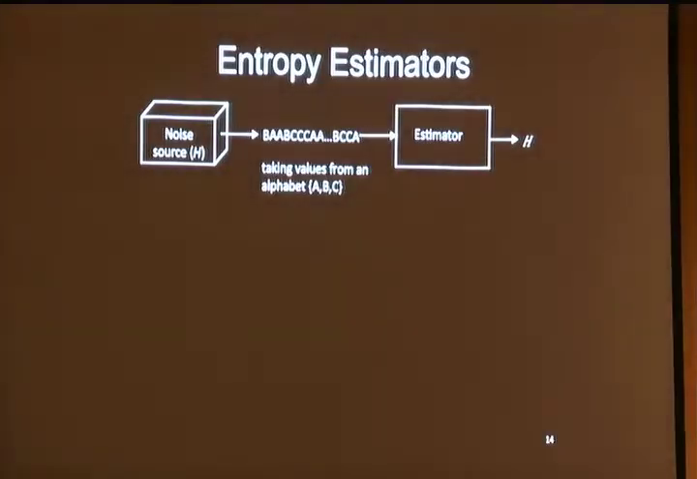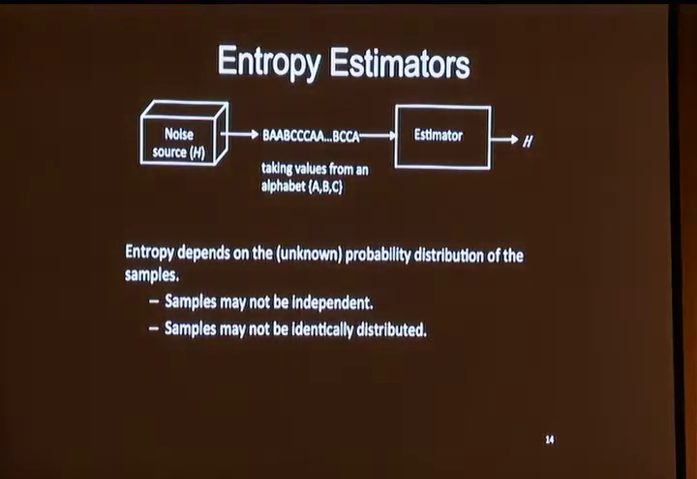Okay, so here we have a noise source that outputs some values, and then given this long output, we want to estimate the entropy. Here we know that the distribution of the output is unknown to us. As I said before, the entropy depends on the probability distribution of the output, so we want to detect the probability distribution from the output, but